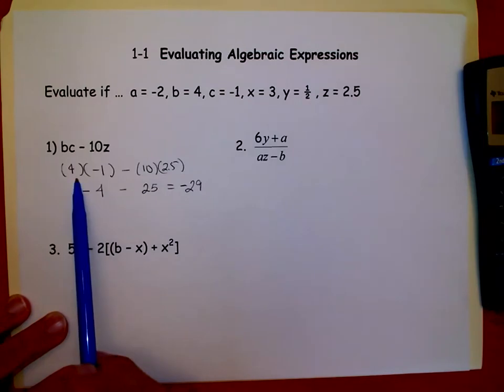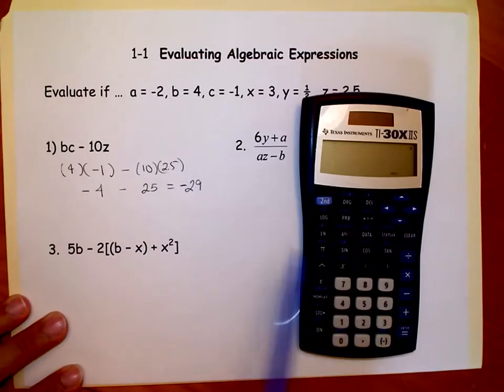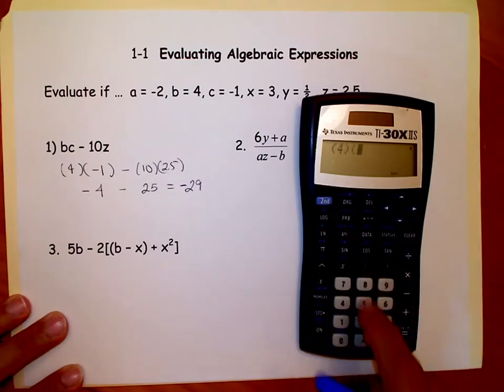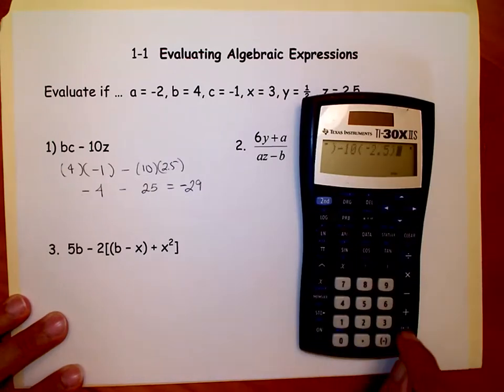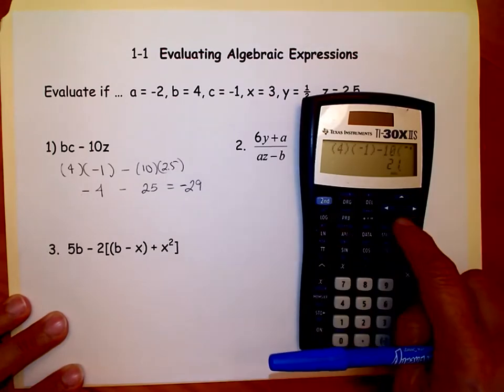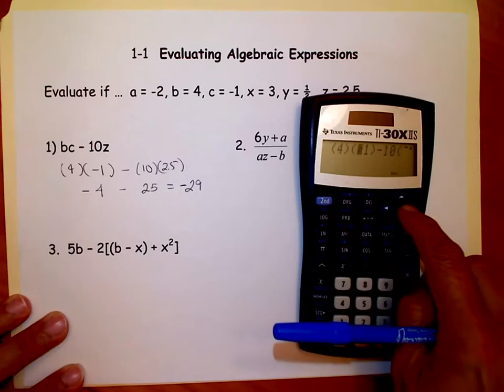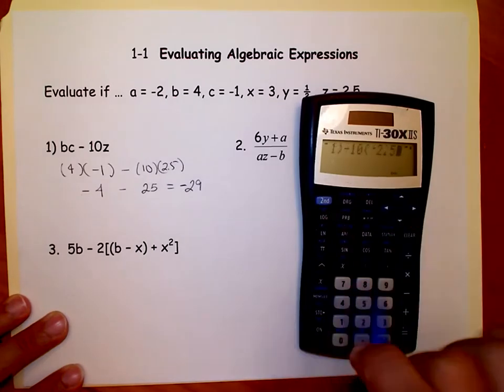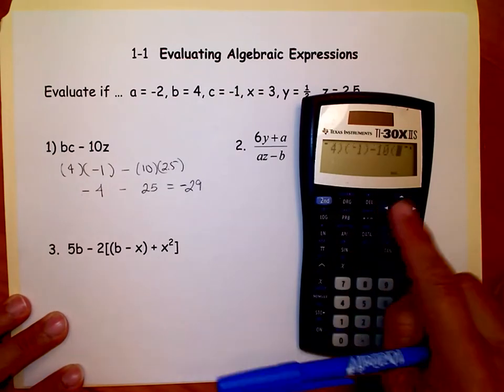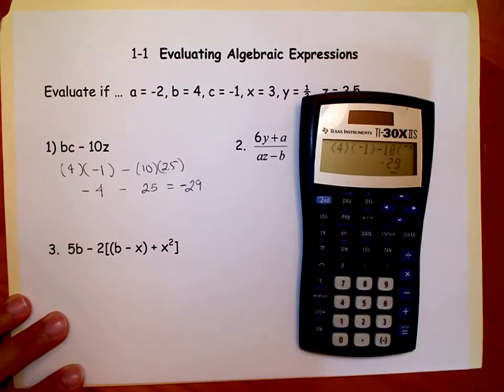And if you have a calculator, a graphing calculator, or perhaps one of these where you can do the whole thing out, you could actually say 4 times -1 minus 10 times -2.5, all in one swoop. And I must have messed up there. What did I do? And this is why we use a calculator. I put a -2.5. What's nice in this calculator is you can go back and delete that little guy. And then you can do it again. And then I got the right answer.